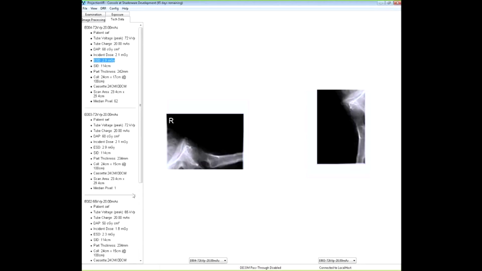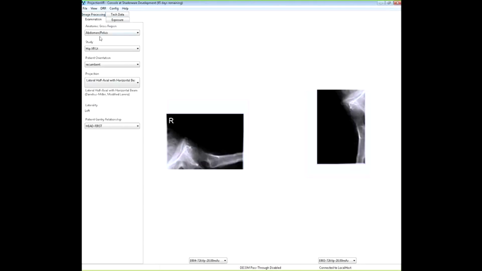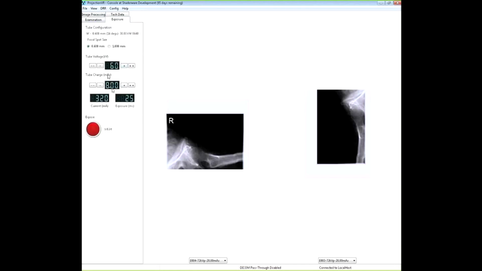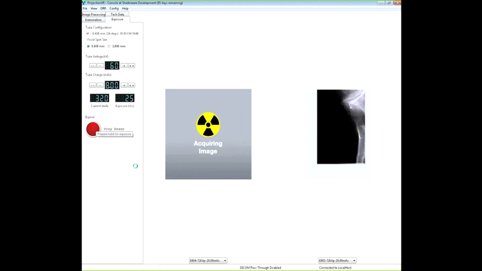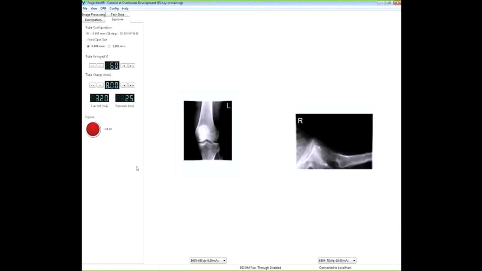And if we bring the console up here and go back to the examination, we want lower extremity, knee, left, recumbent, and an AP projection. And that will have filled the tube voltage and tube charge in. So we'll go into prep, ready, and expose. And we have our lateral or AP knee. Now we're actually too internally rotated here,